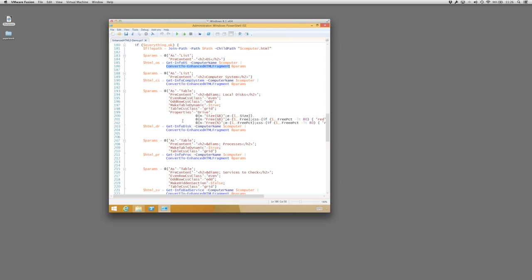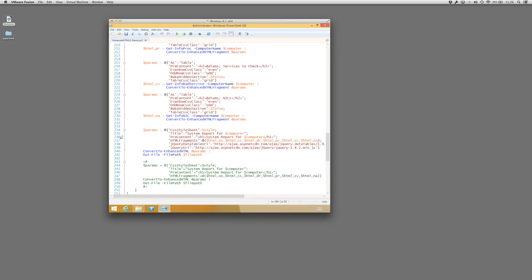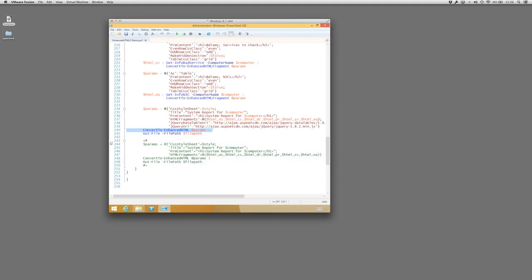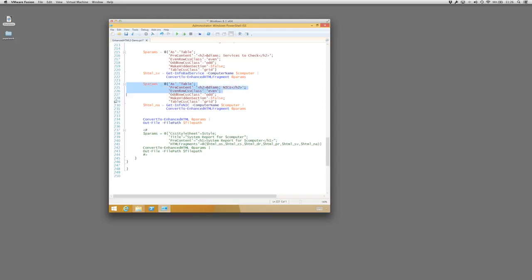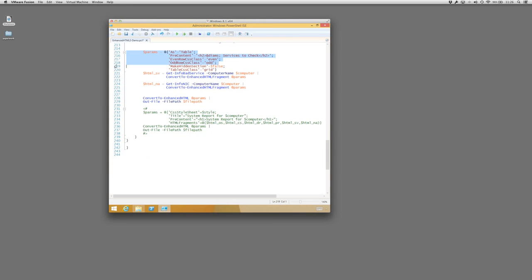So I execute all these things, and then at the end, I bundle up a bunch more parameters, pipe it to convert to enhanced HTML, and because this is a controller and it's tied to a specific context, I output it to a file. I want you to think about something though. I'm gonna do something terrible. I'm gonna break my script just a little bit. I'm gonna take away all of my parameter definitions